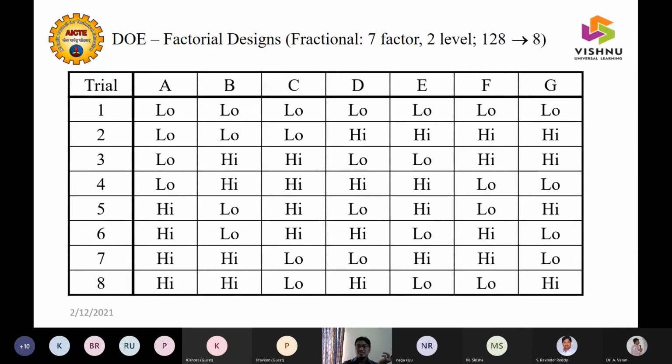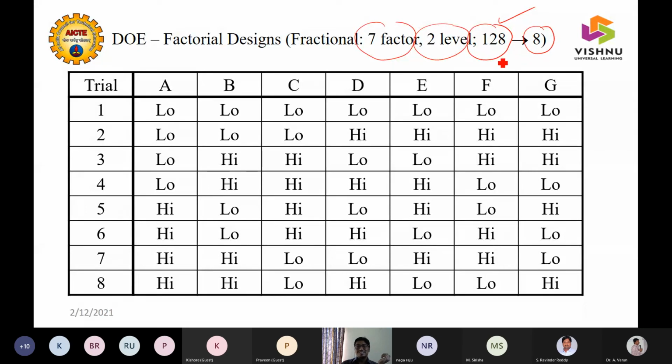So generally, I'll give you an example from the table. If you can see, 7 factors, 2 levels. Generally, if you go with a full factorial design, it is 128 experiments you need to do. But using a fractional factorial design, you can do it with only 8 experiments.